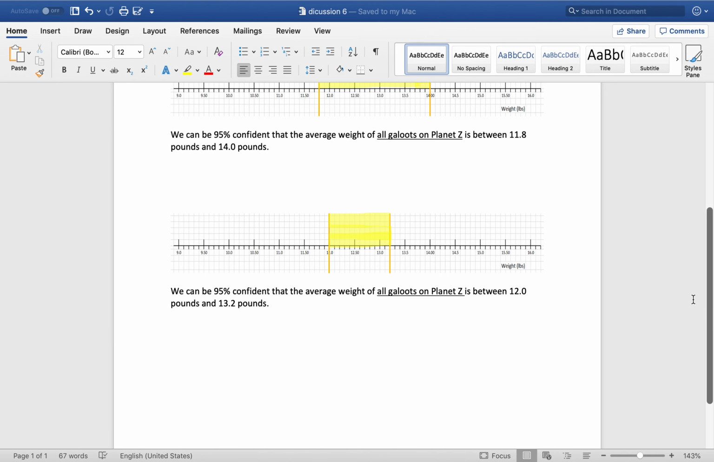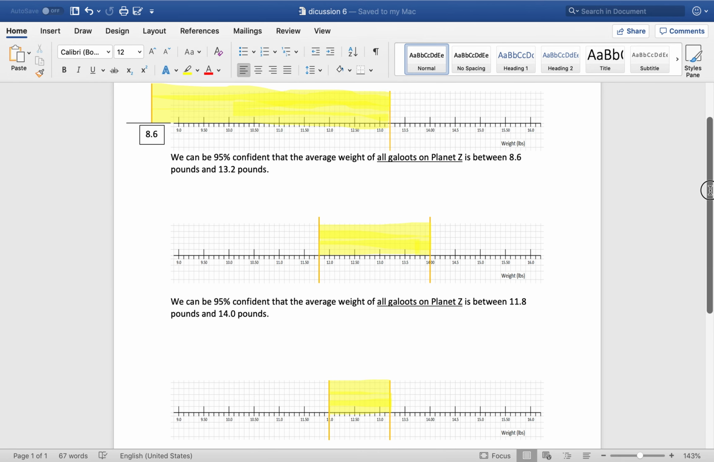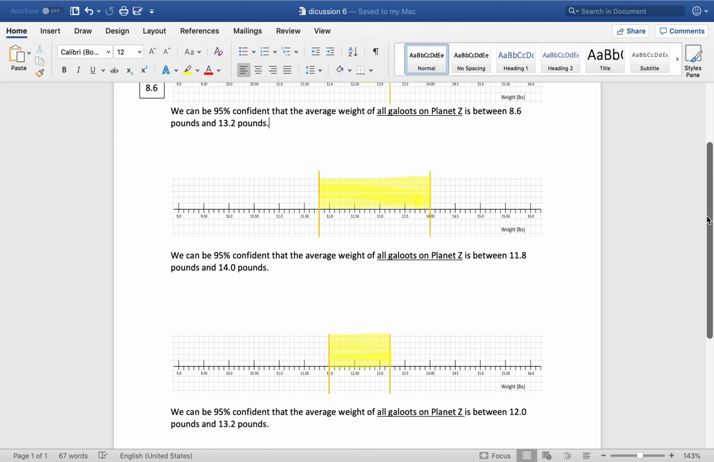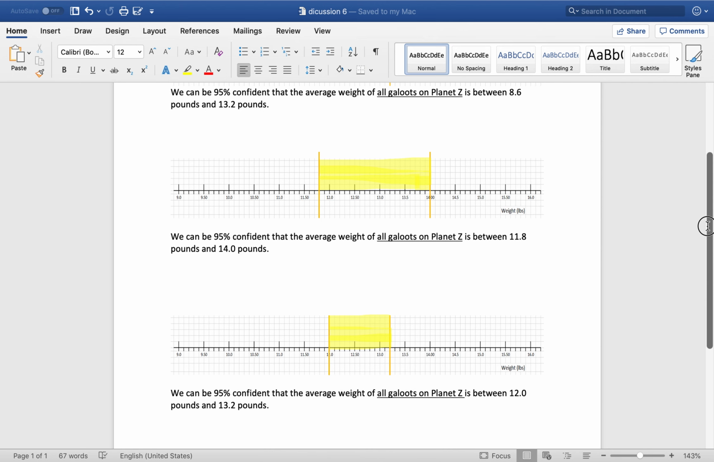And then for sample 3, which was a sample size of 160 GLUTEs, we can be 95% confident that the average weight of all GLUTEs on planet Z is between 12.0 pounds and 13.2 pounds. And obviously the similarity is that they all use a 95% confidence interval to compare